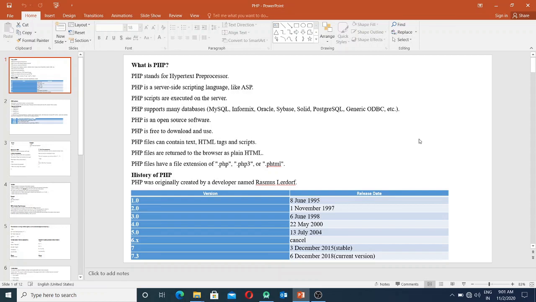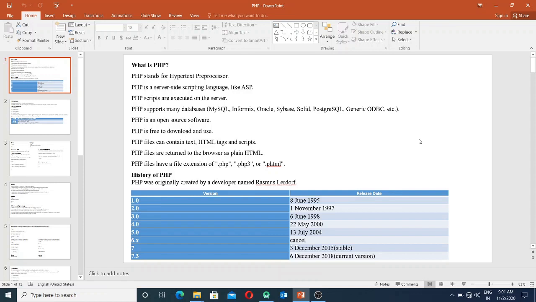That means when we execute a PHP script, at that time the message will go to the server. The request goes from client to server. Then the server will generate a response and redirect that response to the client. But JavaScript is executed on the browser, so at that time we don't need to send a request to the server.